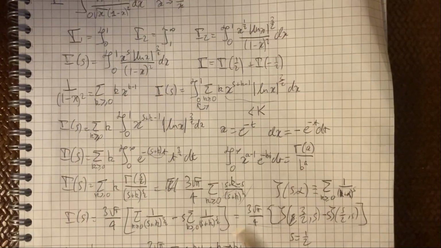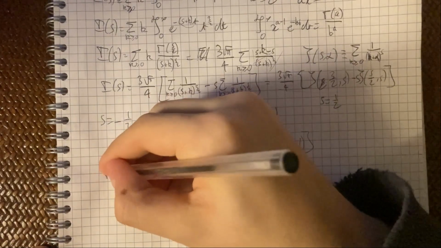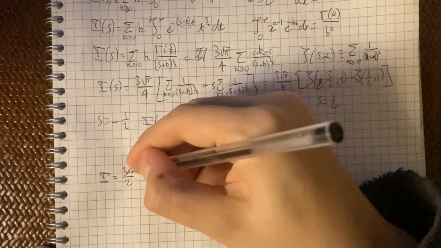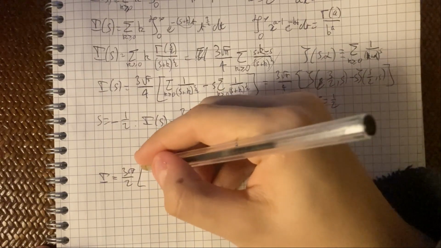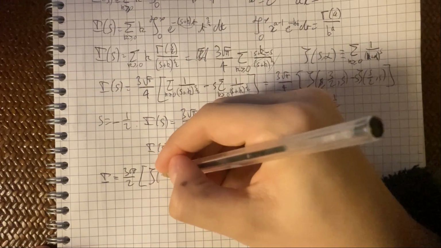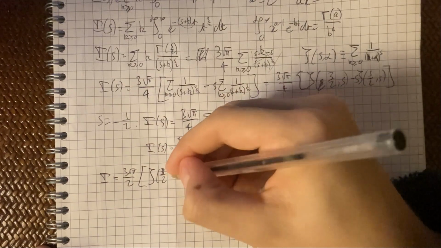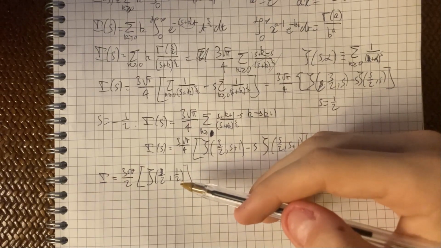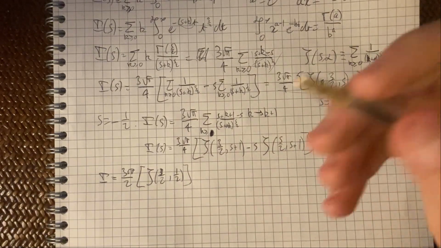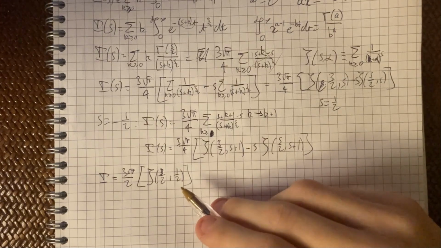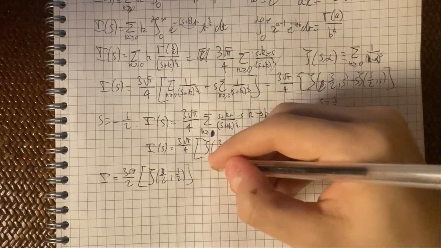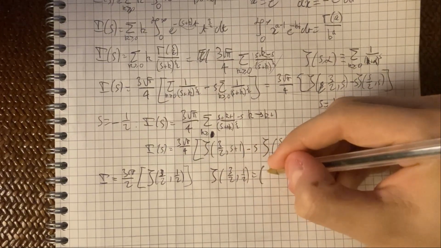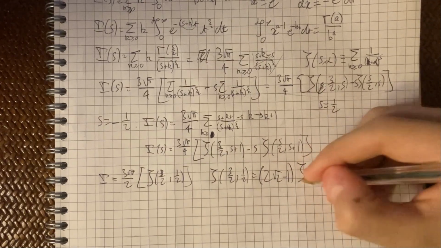Combining these results, we can get back our integral I, and we get here I equals 3/2 square root pi times zeta of 3/2, 1/2. This zeta term is not very good looking, but we can change it a bit using summation manipulations. We express this Hurwitz zeta stuff in terms of Riemann zeta stuff, and we get our final expression. We can prove easily then that zeta of 3/2, 1/2 equals 2 square root 2 minus 1 times zeta of